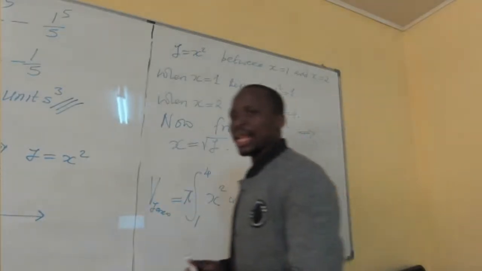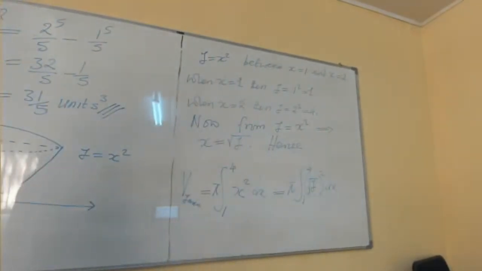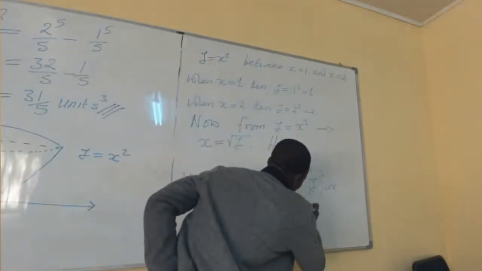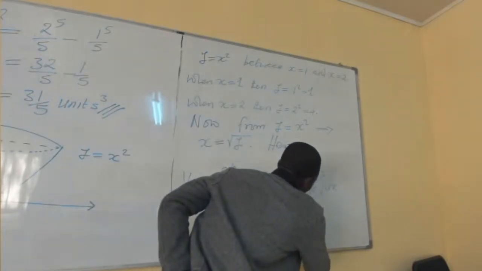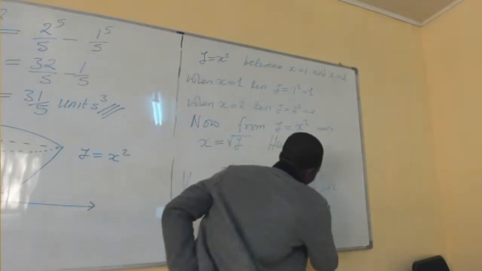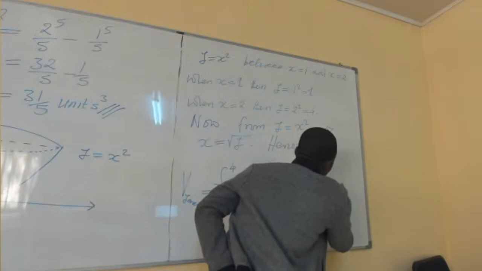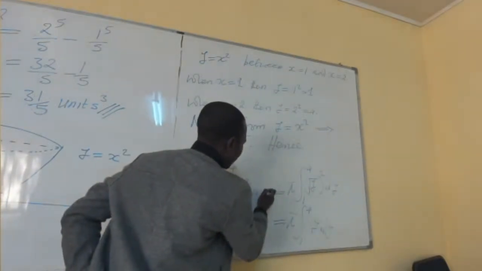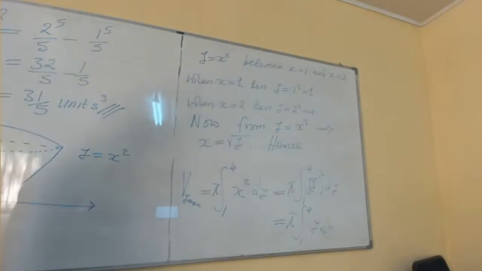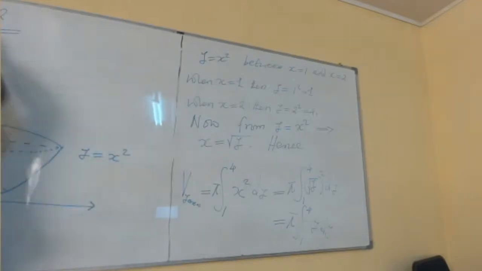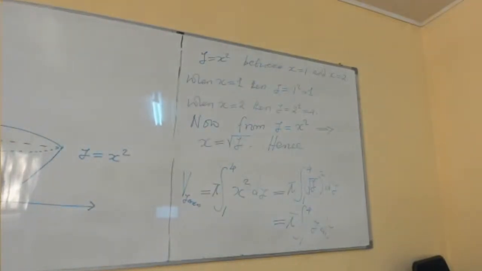Then, what do we get after simplifying? This is just equal to pi times the integral from 1 to 4. We have the square of the square root of y, which is y, dy. So we're supposed to have dy here, not dx. And when we integrate that, what we're going to get is equal to pi